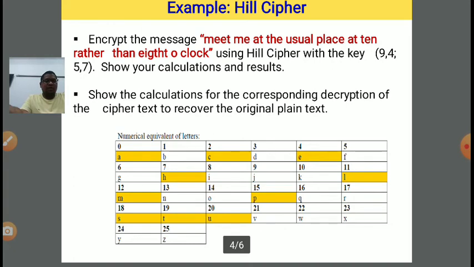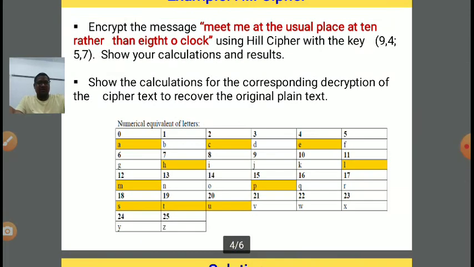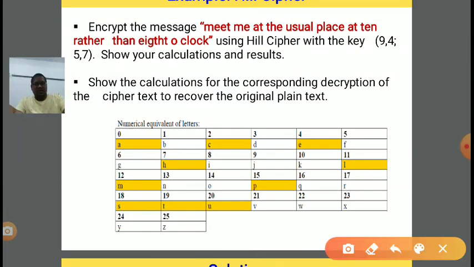First we need to convert our message into corresponding values. The value of A is 0, the value of B is 1, and so on. The value of Z is 25. Why 25? Starting from 0, that's why, and we are doing mod 26 because the total alphabets are 26. So the modulus will be 26. Now the numerical value conversion we have done: A is 0, B is 1, C is 2, D is 3 and so on, Z is 25.